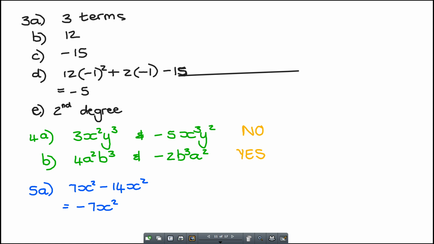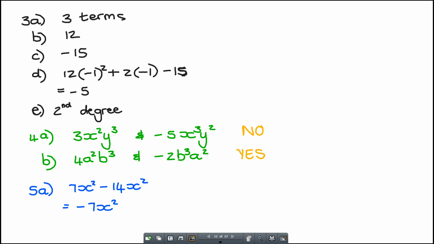Then at B, they asked you to write down the coefficient of x to the power of 2. Now, yesterday we said the coefficient is basically what's written in front of it. So that's how I got the 12. Remember, that's a positive 12. No? Okay, and then